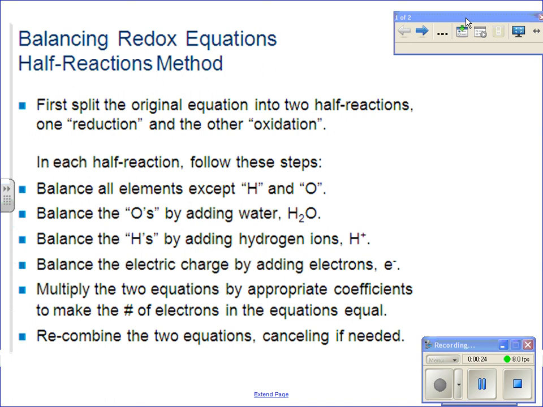So the first thing is we split the original equation into 2 half reactions. One half reaction is going to be reduction. One half reaction is going to be oxidation. How do we do that? Well, it's kind of like in class today. We did the oxidation number